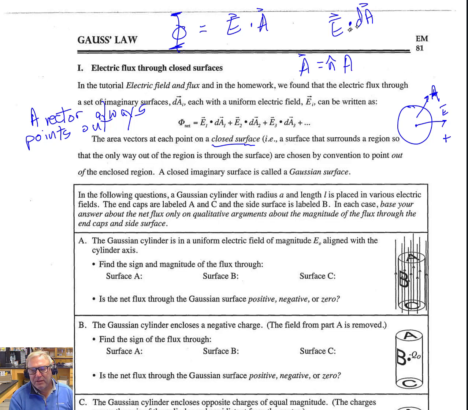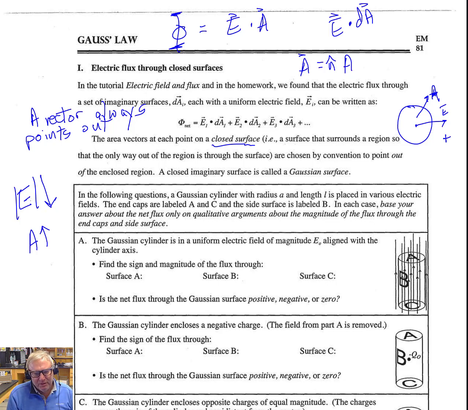It's E field lines, or E vectors, dotted with the area vector. So as the magnitude of the E vector goes down, the area will go up. And that's why we can make a statement that the flux is constant, no matter what size we make the area,